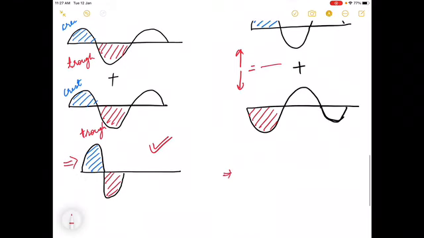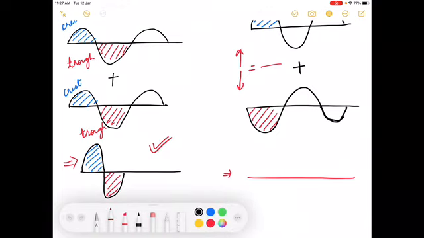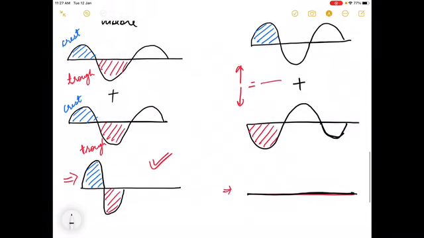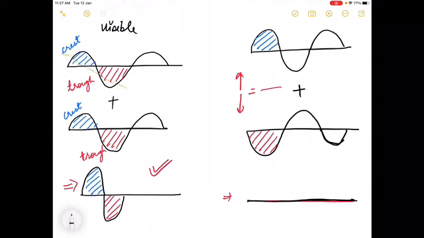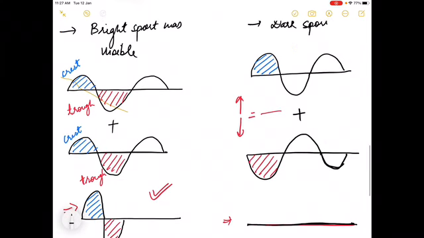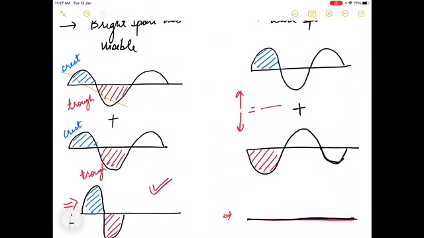So as a result, you will see that they will kind of nullify each other's effect, and you will see a wave with a lower amplitude, or actually at the end of the day they will cancel each other out if the amplitude of both the waves is the same, right? Or they will have a low amplitude. So what does that mean? It means amplitude is less, and we know amplitude is directly proportional to the intensity. If the amplitude is 0, then intensity will automatically become 0, right?